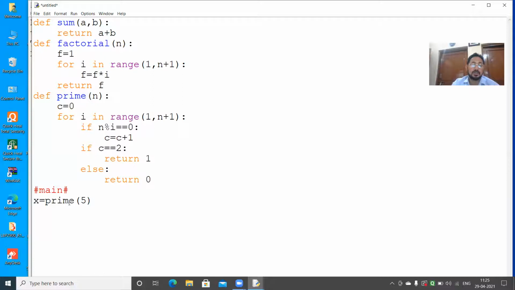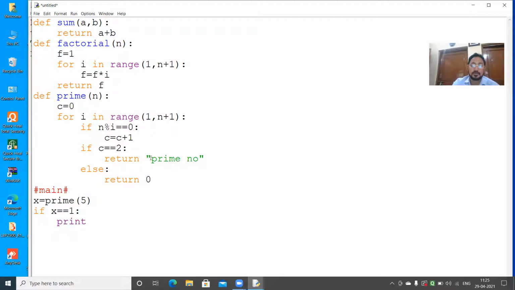So you have to give logic where you are calling it also. If x equals to 1, or we can do one thing, we just write return prime. Let's see if it works.